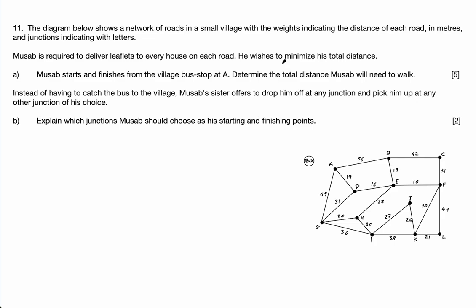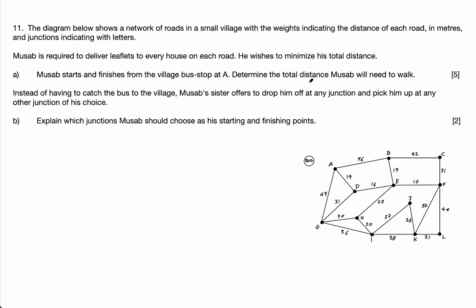So this, guys, is the Chinese postman problem. It's literally, this guy is a postman because he's delivering leaflets, which is like post. Anyway, he starts and finishes from the village bus stop at A. So he's going to start at A. Determine the total distance Musab will need to walk. Okay, so how